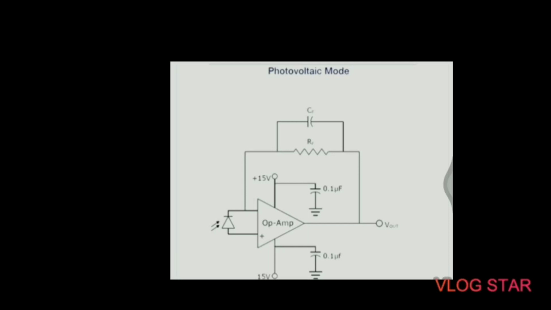The first, photovoltaic mode, is also called zero bias mode. When a photodiode operates in low frequency applications and ultra low level light applications, this mode can be preferred. When the photodiode is irradiated by a flash of light, voltage is produced, and the voltage produced will be in a very small dynamic range, and it has non-linear characteristics. When the photodiode is configured with an op-amp in this mode, there will be very little variation with temperature. So in this figure we can see the photovoltaic mode.